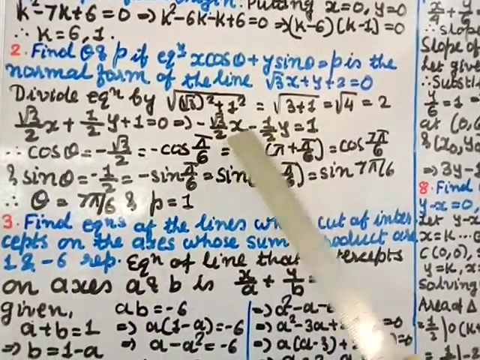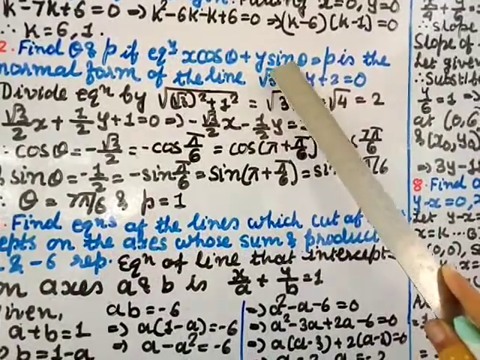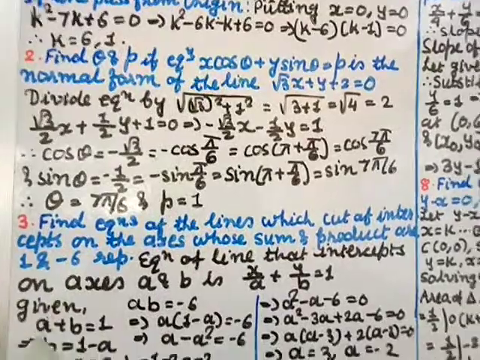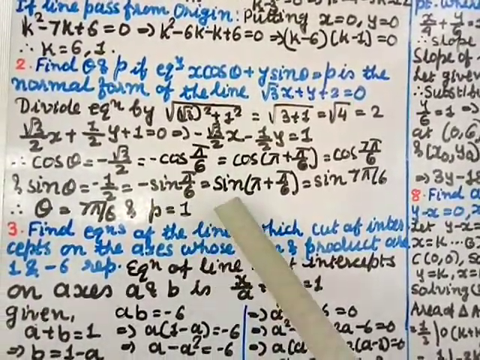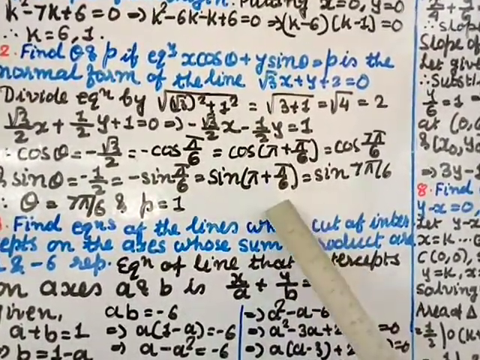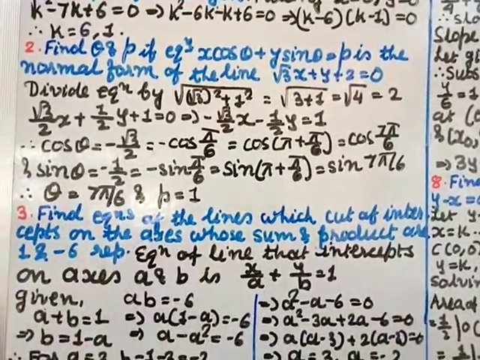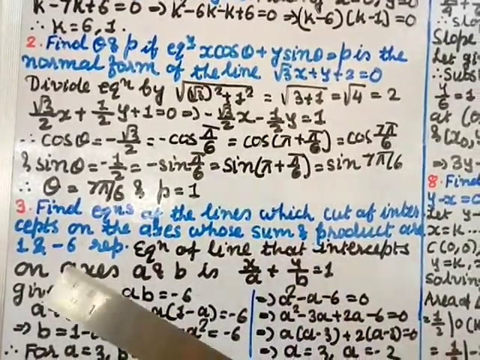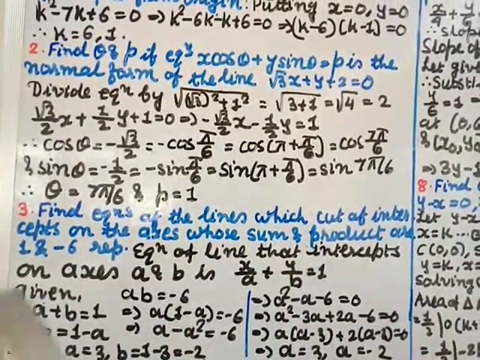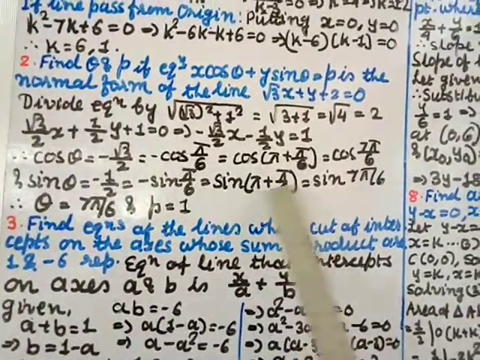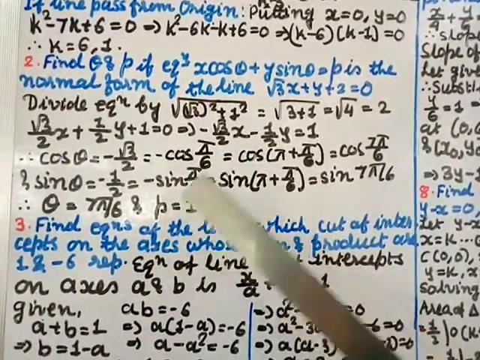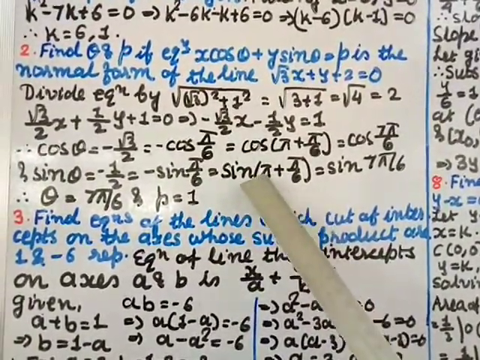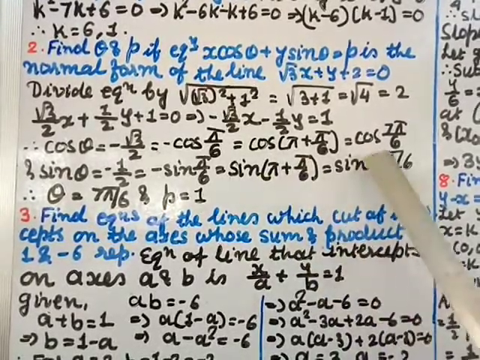Similarly, when you compare this equation with this one, sin theta is minus 1 by 2. As I said, both are negative, so this is also in the third quadrant. In the third quadrant, you can write sin of pi plus pi by 6. Here 1 by 2 is the value of sine at 30 degrees, that is sin pi by 6. Both should be the same, so there will be no doubt. If you get different values, there is a mistake either in the first part or the second part. Take the LCM: 6 pi plus 1 pi, 7 pi by 6.